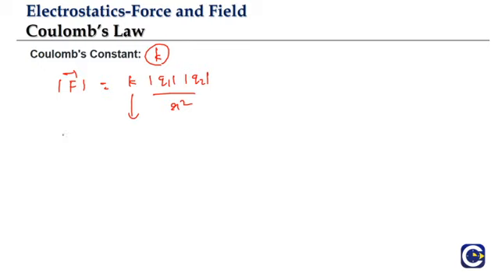Using dimensional analysis. In dimensional analysis, if you have an equation, we have LHS and we have RHS. The LHS dimension must be equal to the RHS dimension. So on the LHS we have force. The force dimensional formula is M L T power minus 2, which should be equal to the dimensional formula for K, which is what we are trying to find, and we have charge into charge.